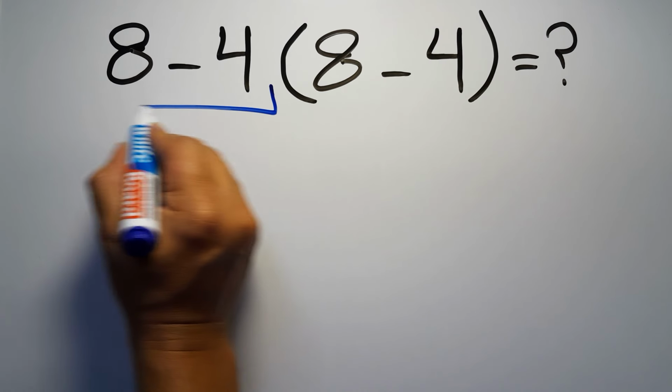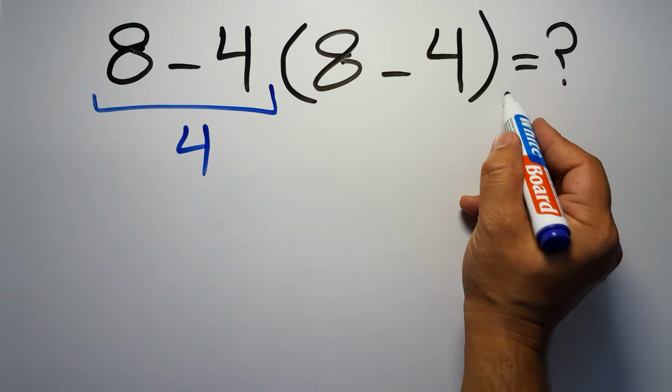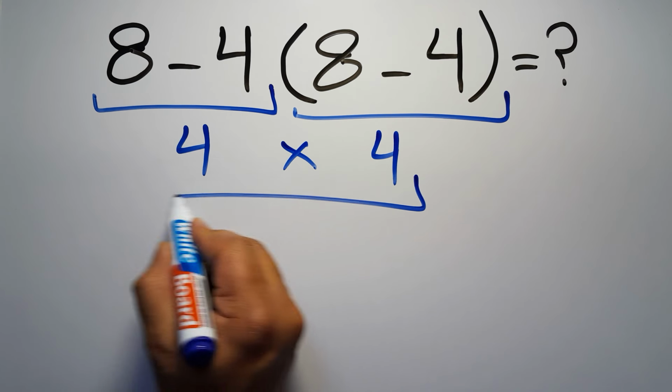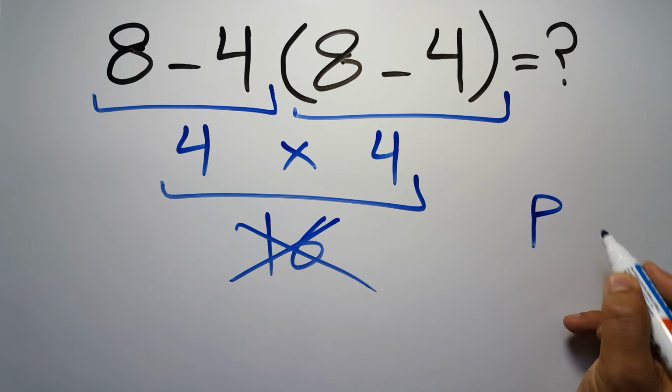8 minus 4 gives us 4. And again here inside this parenthesis we have 8 minus 4. So 4 times 4, which equals 16. But this answer is not correct, because according to the rule of operations, first we have to do parentheses, then